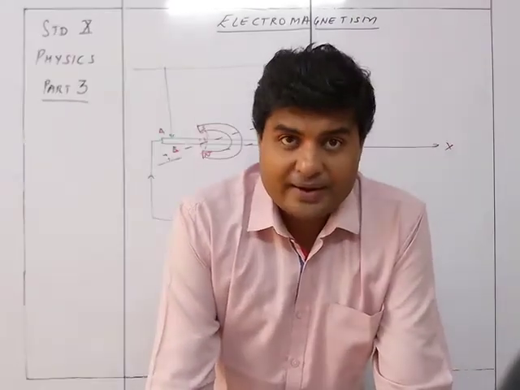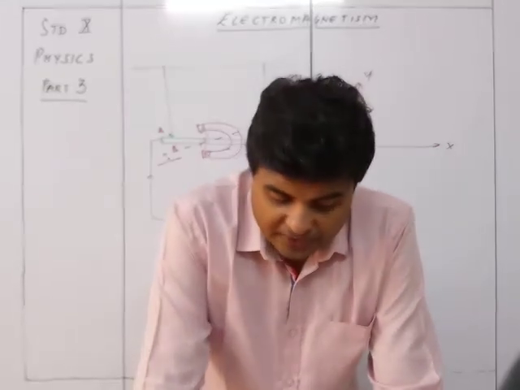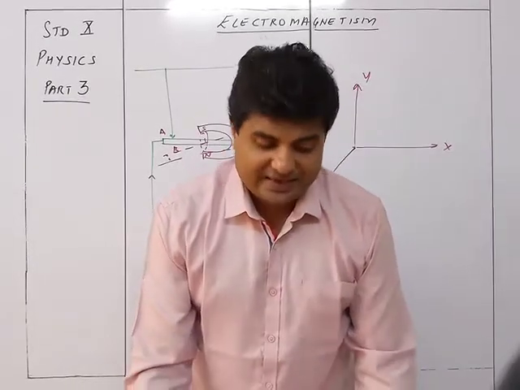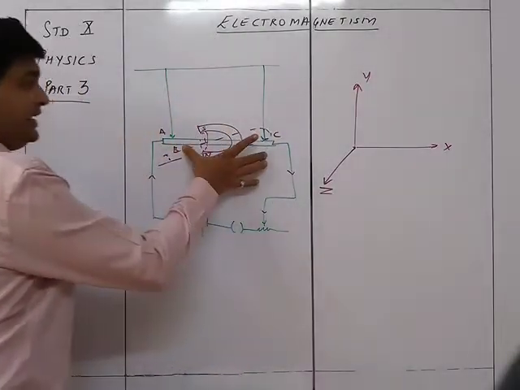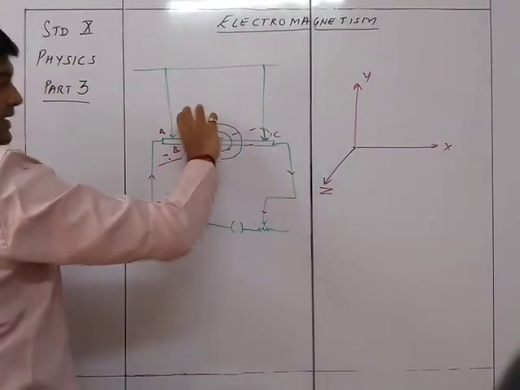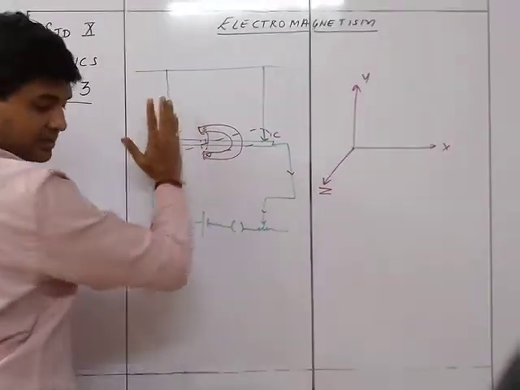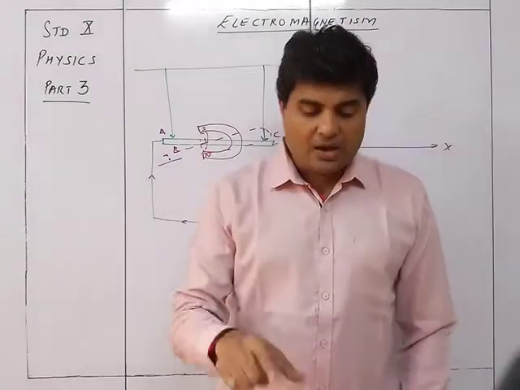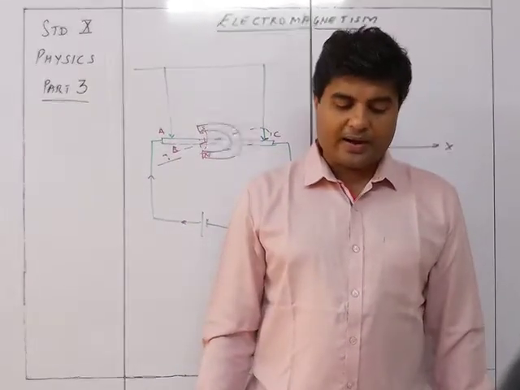I read the note once again because it's very important. If the wire is short enough and is placed between the poles of the magnet with its length AC in the y direction, that is upwards, like this, instead of like this, such that the current is in the direction parallel to the direction of the magnetic field, no force acts on the wire and it does not move.